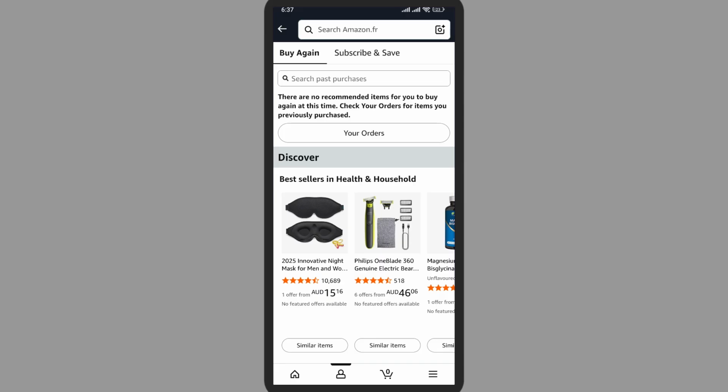Now you can directly tap on buy again and it will be reordered and you'll be able to purchase the